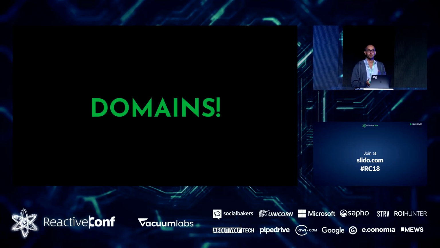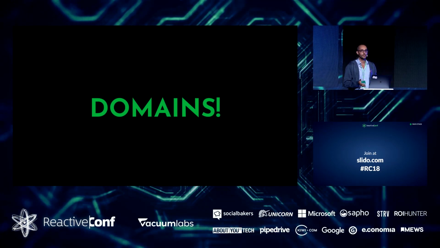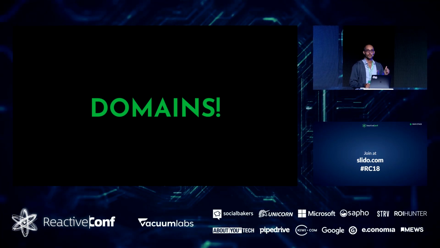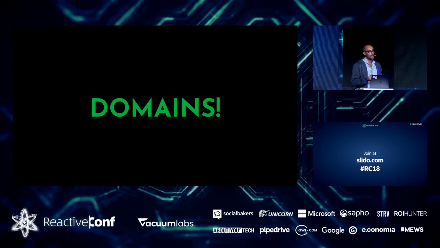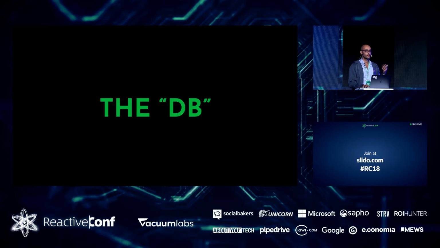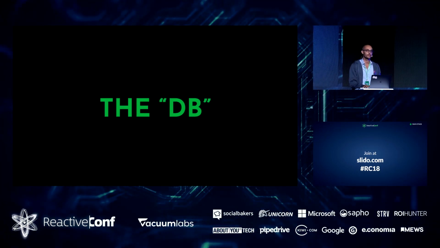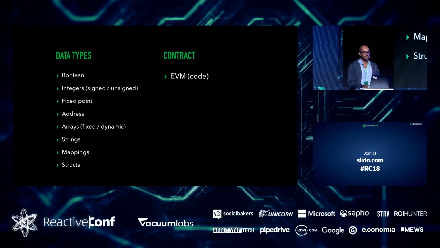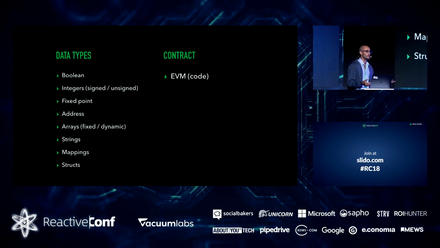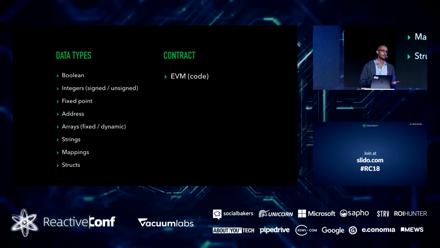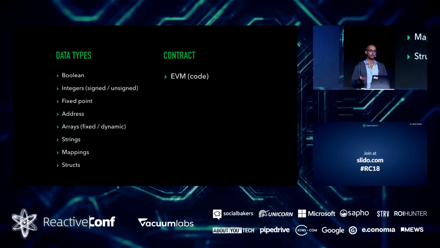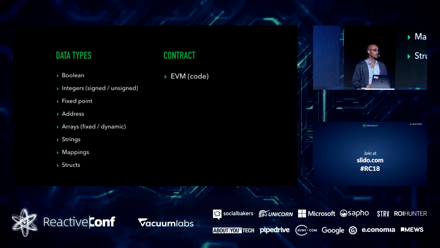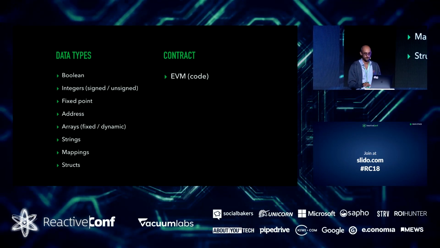So my talk is not about Bitcoin, it's about Ethereum. And the reason behind it is that Ethereum is really suited to applications like the domain service. Because Ethereum in its base is kind of like a database. So it's not a tabular database or a document-based store. It's kind of like a database where you can just throw data in. And when I say data, it can be anything, strings, numbers, and even things like mappings, something that maps from a string to a number. Another important thing that we'll talk about a bit later is I can also store code inside the database.